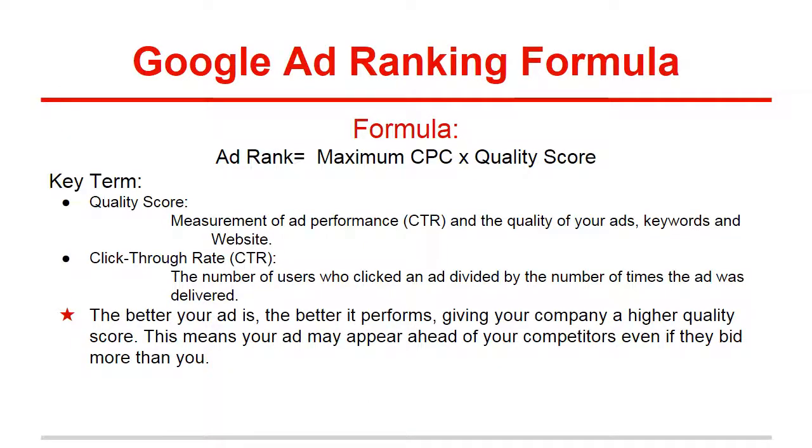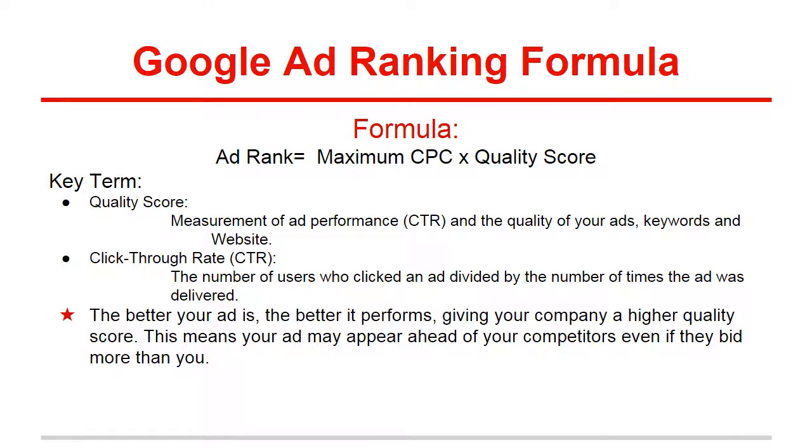In order to maximize profits for both Google and its advertisers, Google developed a ranking formula that rewards top-performing ads by considering two metrics: the maximum cost per click and the advertisement's quality score. The quality score is the measurement of a performance, or CTR, and the quality of your ad's keywords and websites. The click-through rate, or CTR, is the number of users who clicked an ad divided by the number of times